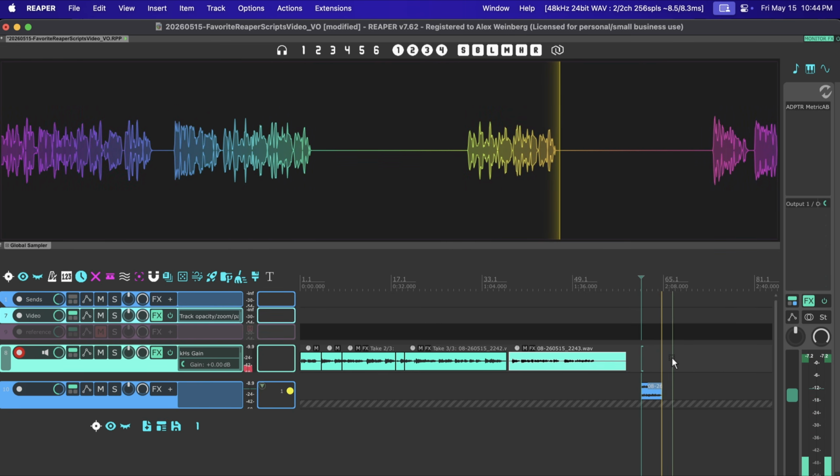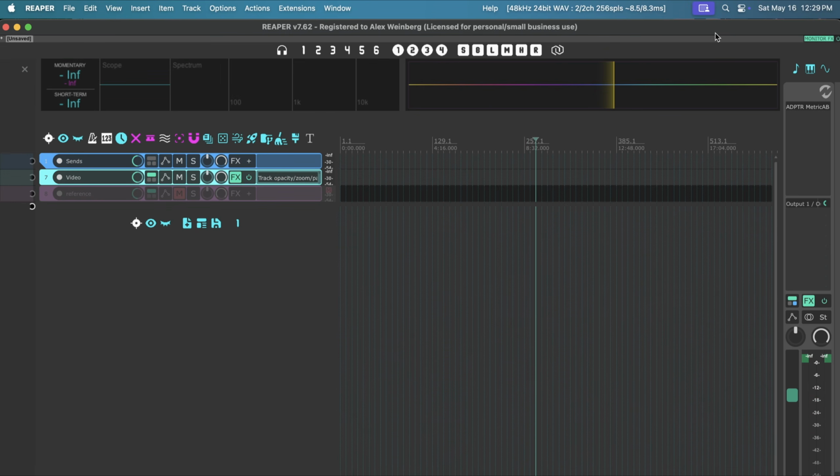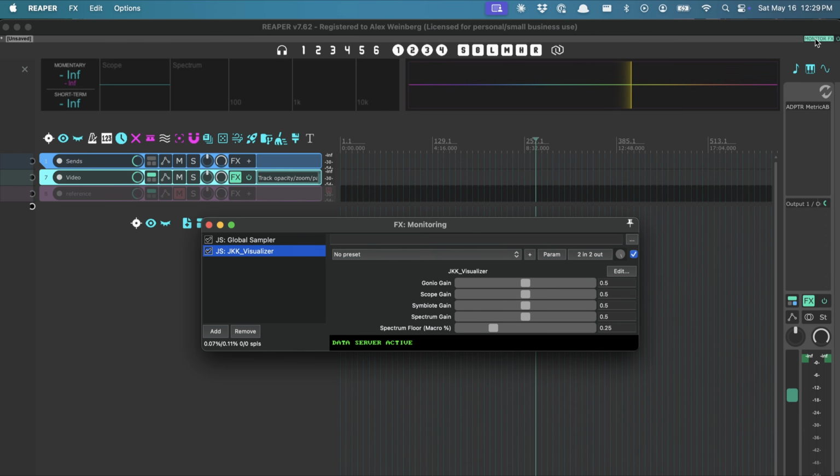A quick note, this script requires a JSFX plugin to be placed on whatever track the Global Sampler will be getting its audio from. I've opted to put this on my Monitor FX track. This will grab audio from all tracks before it goes to the master, but it doesn't take up space on